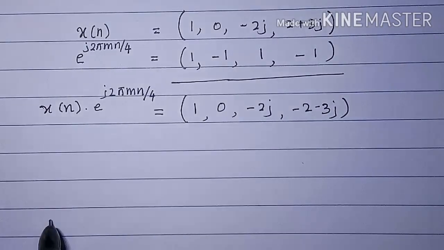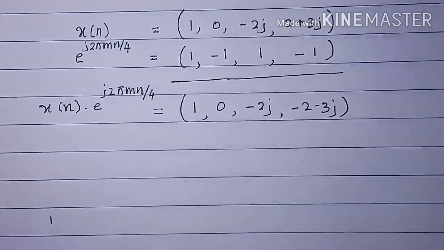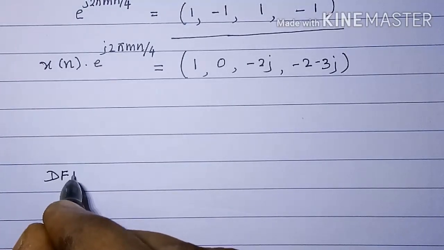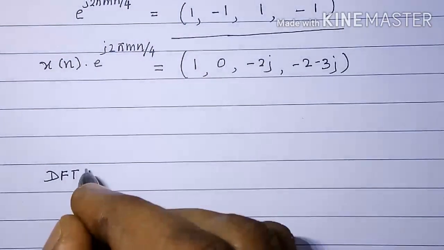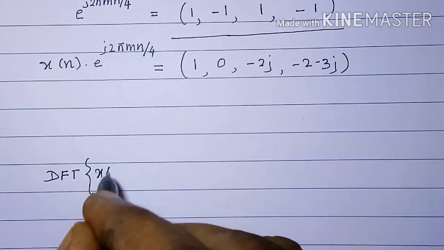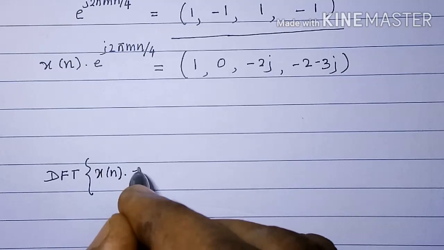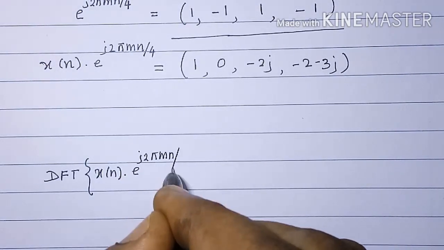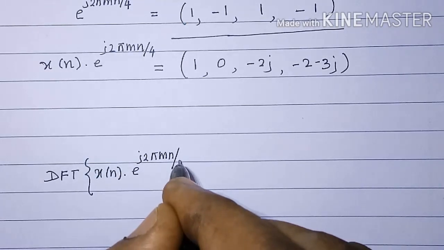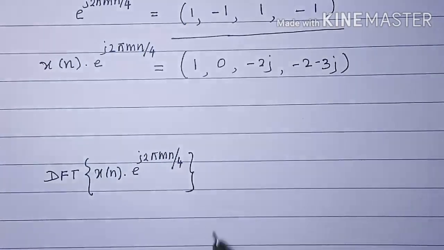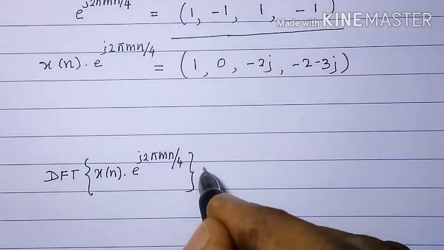So now write here: DFT of x of n into e raised to j2 pi mn by capital N or 4 is equal to